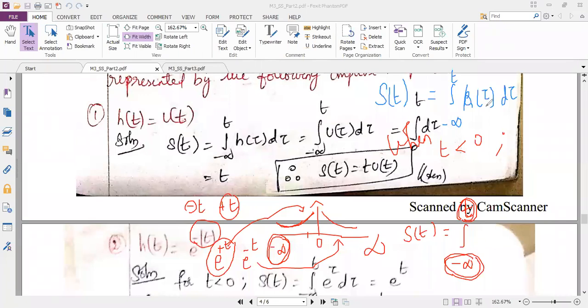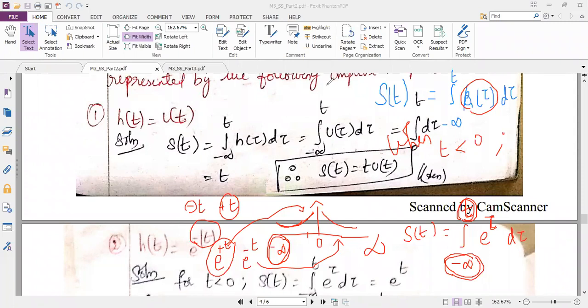So now in place of h of tau, can anybody tell me what is the expression I have to substitute? It is e power plus t or e power minus t? E power plus t. Plus t, very good. So here in the formula you have tau, right? So I will use tau here. So d tau. So I want you to just solve and get me the answer. Make it fast. Complete this integration.